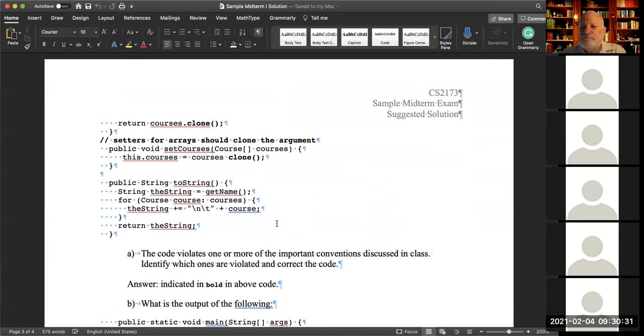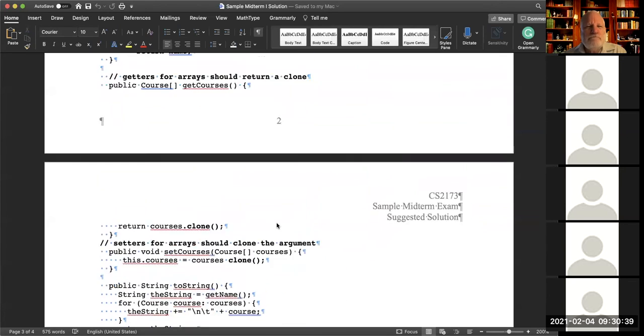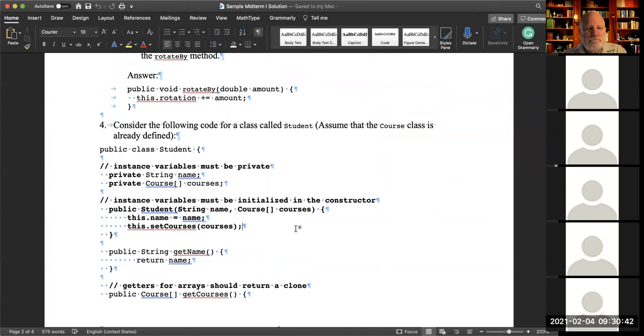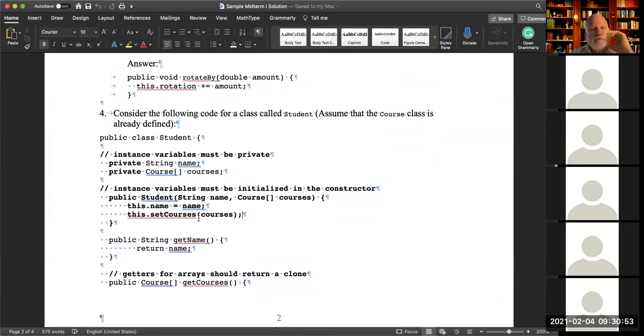Arnie, I had a question about that, because I don't remember using the setter method in the constructor. We would just pass it in. Were we just doing it wrong the whole time? I thought even when you were doing code for us, it was like this dot name equals name. Well, good point. Here's the thing. An object or an array could be changed, but if it's immutable, then you don't need the setter method in the constructor. If it's not immutable, then you do.